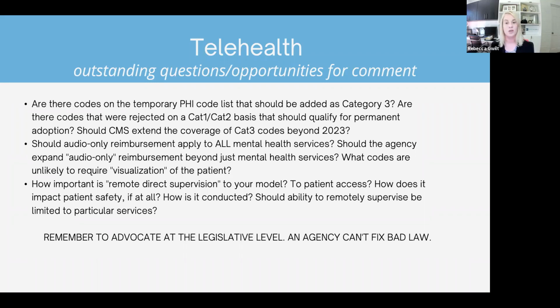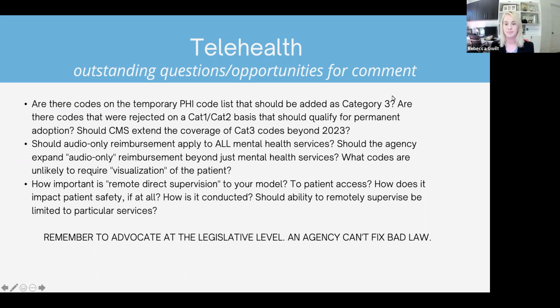I would advocate that whatever service you provide, if in your estimation you can still provide high quality services that way, that you tell CMS that, and really, again, help educate them, not just telling them what the service is and one or two pieces of evidence, but really explaining the model to them. This is where we found really great success on the RPM side in changing CMS's wording and changing CMS's thinking around these policies, is helping them understand the benefits and the real life, on the ground